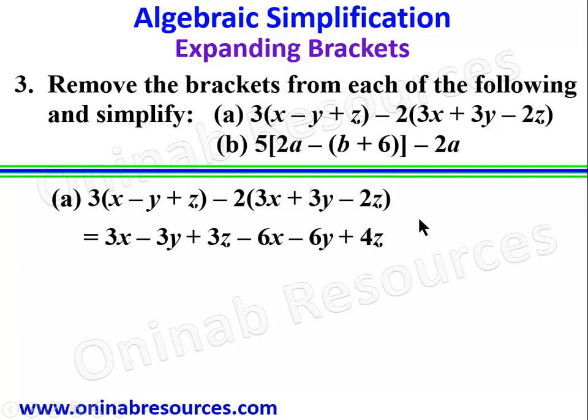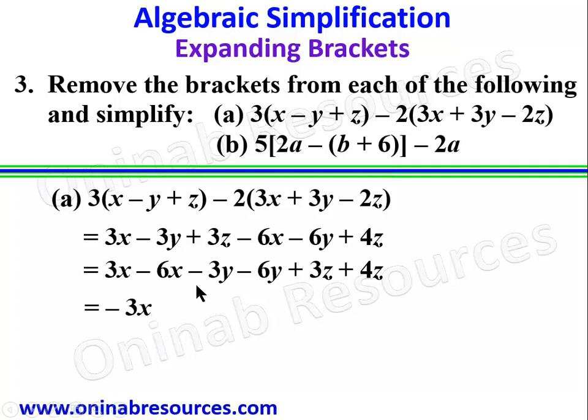So we are done expanding. We collect the like terms, the terms with x together, the terms with y together, and the terms with z together. So I have 3x minus 6x, then negative 3y minus 6y, then positive 3z plus 4z. 3x minus 6x gives negative 3x. Negative 3y minus 6y gives negative 9y, and positive 3z plus 4z gives